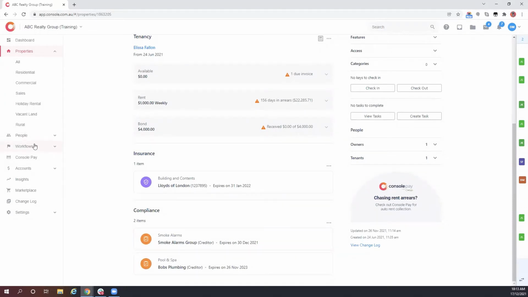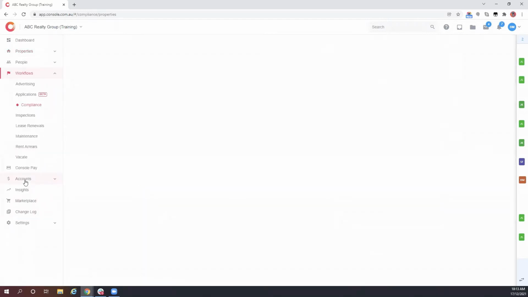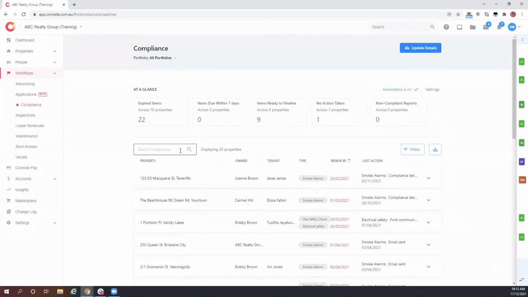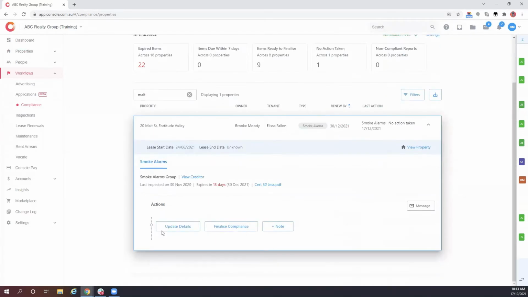So once you've set up your properties and you've set all your compliance items against that, which you can do at any time, when the compliance item is due to expire within 30 days, it will appear in your compliance workflow. So I'm just going to check this particular property so I can show you that it's automatically appearing in here because it's due within 30 days. Now this workflow will show you all the last actions that have been taken. Because we've just added this in, no action has been taken, but we can drill down into this compliance item and see